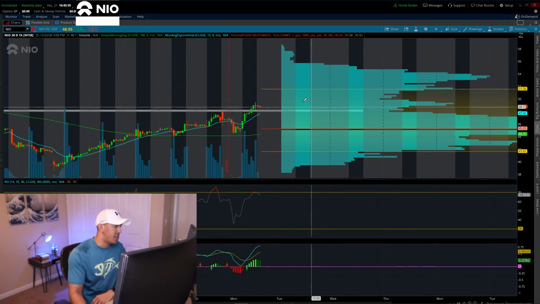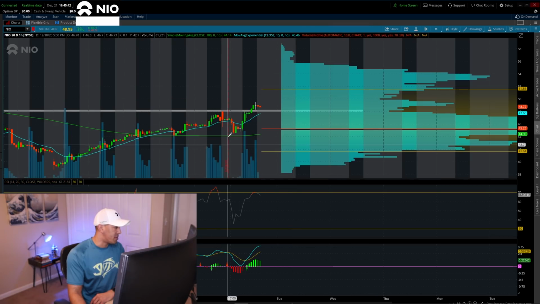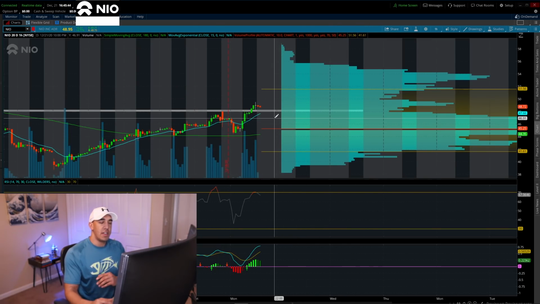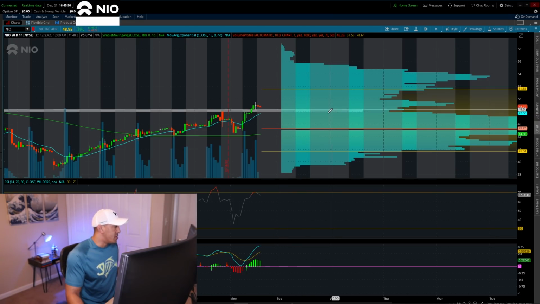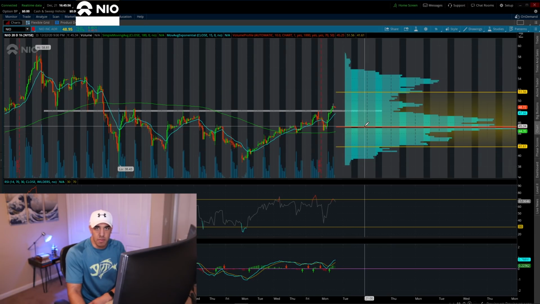These, however, on the side here, same idea, just in the horizontal direction, okay? So just think about it that way. These are vertical. This is horizontal. This is essentially telling me how much volume there was per price level, right? So it's saying, historically, we have seen a substantial amount of volume, tons of volume, generally around this $45 mark,